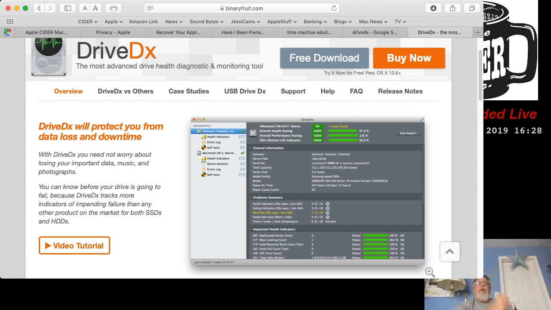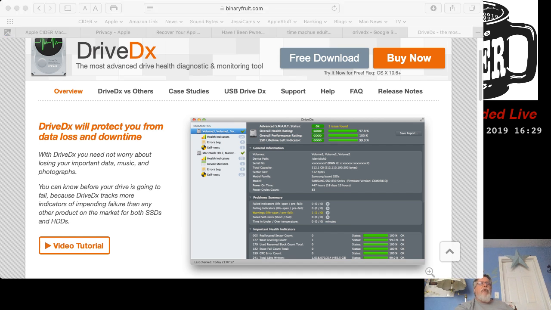Although if it predicts a failure, there's probably a failure coming. But we've seen a lot of cases where the drive we know has failed, but it hasn't predicted the failure. So we've had occasions where one of the Apple tools says Smart is failing, and another Apple tool says Smart is okay. In fact, in that system preferences or system information we were at earlier, if we go into the SATA